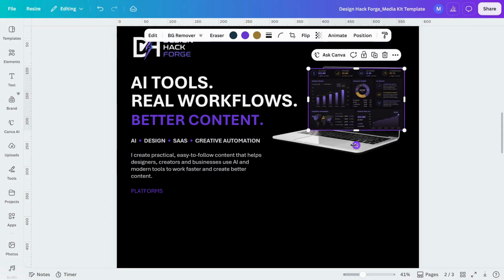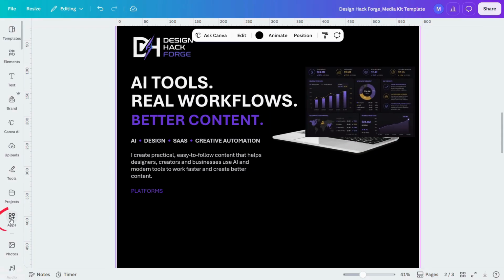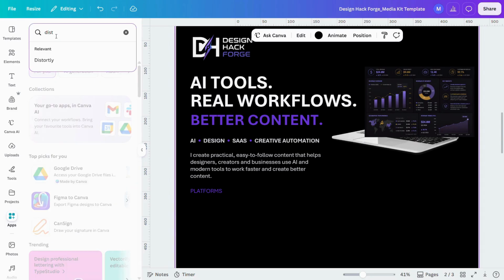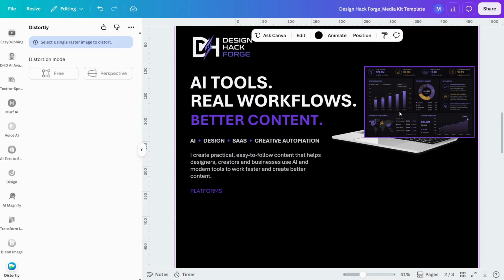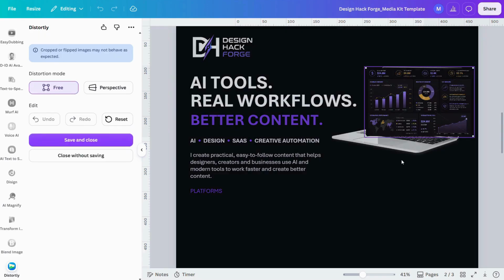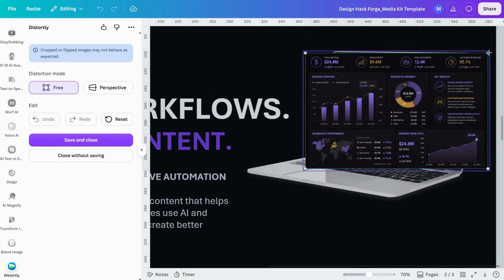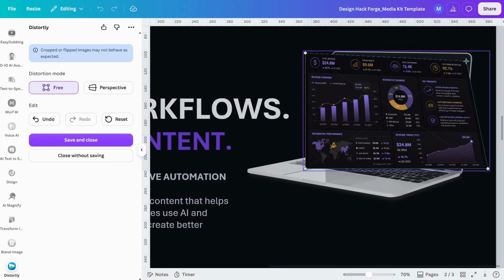But here's one of my favorite Canva apps. I'm going to Apps and searching for Distortly. This app allows me to reshape and distort an image directly inside Canva. So instead of trying to force the image into the screen, I can adjust its shape and perspective to match